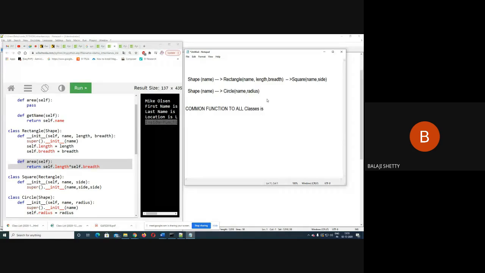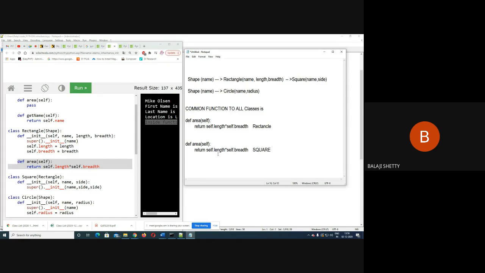For Rectangle, area equals self dot length into self dot breadth. What about Square? It is the same, but here it is nothing but side into side. That's it.